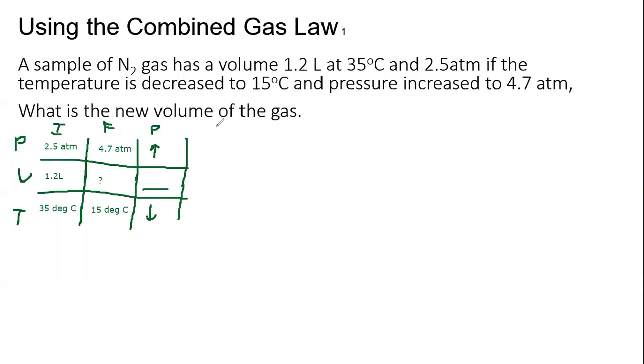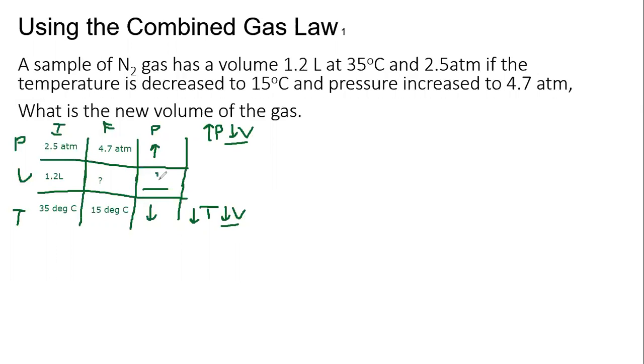If we remember, Boyle's law stated that if pressure increases, volume would decrease. And Charles's law states that if temperature decreases, volume would decrease. So since both of these laws are predicting volume to do the same thing,